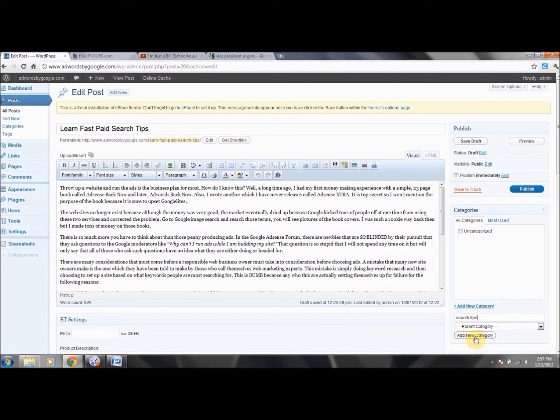So we're going to go here, add a new category, and what you can see here is that this article is going to be categorized on Google, Yahoo, Bing as search, as well as on your website as search tips. So there is deeper linking here that needs to happen as well.